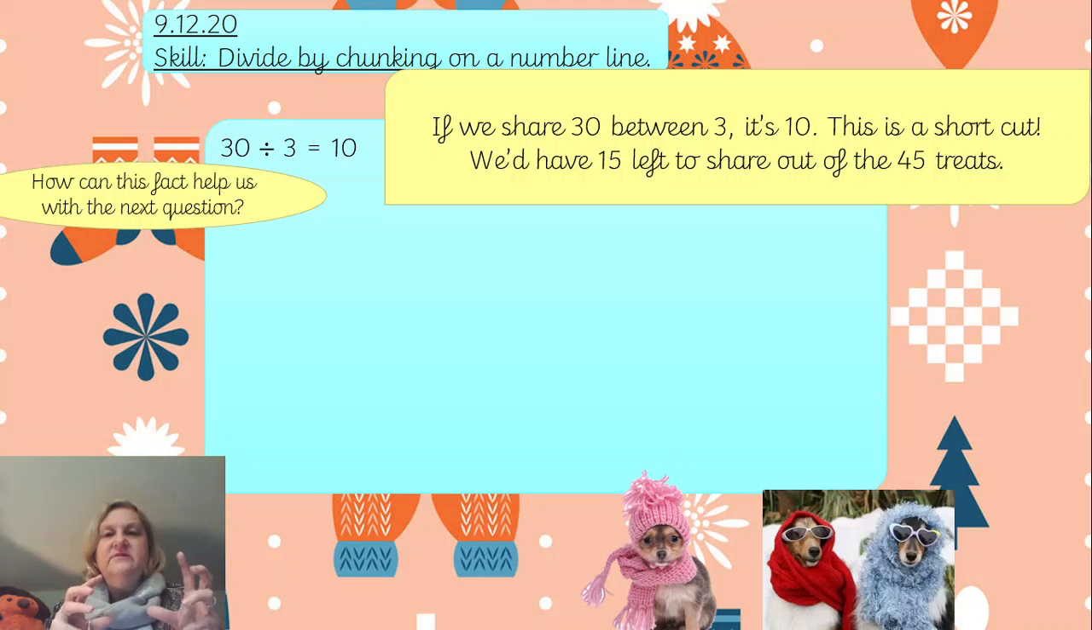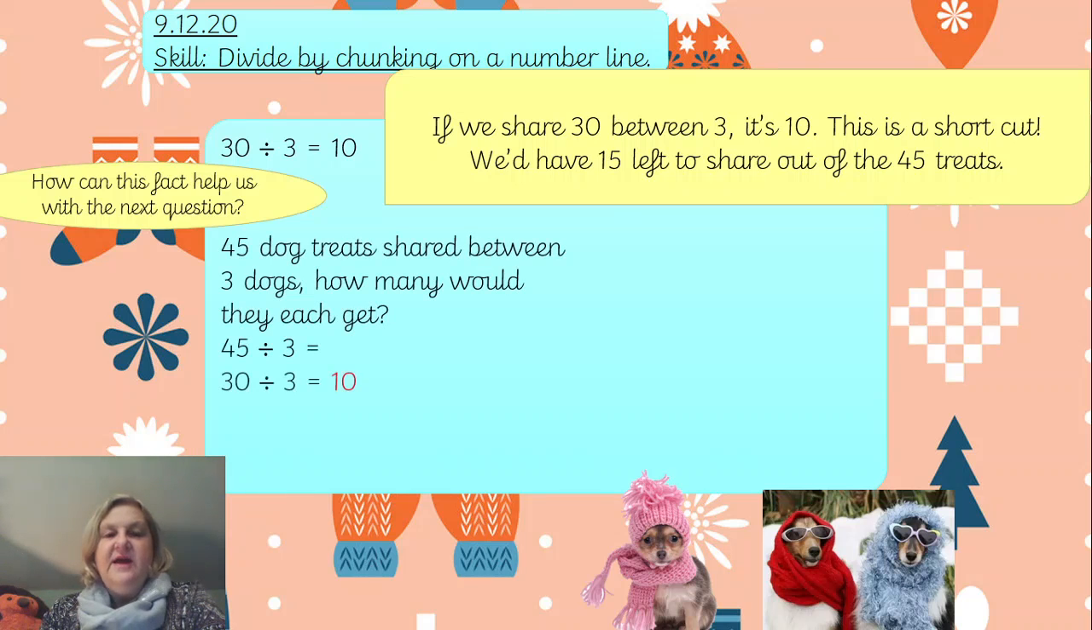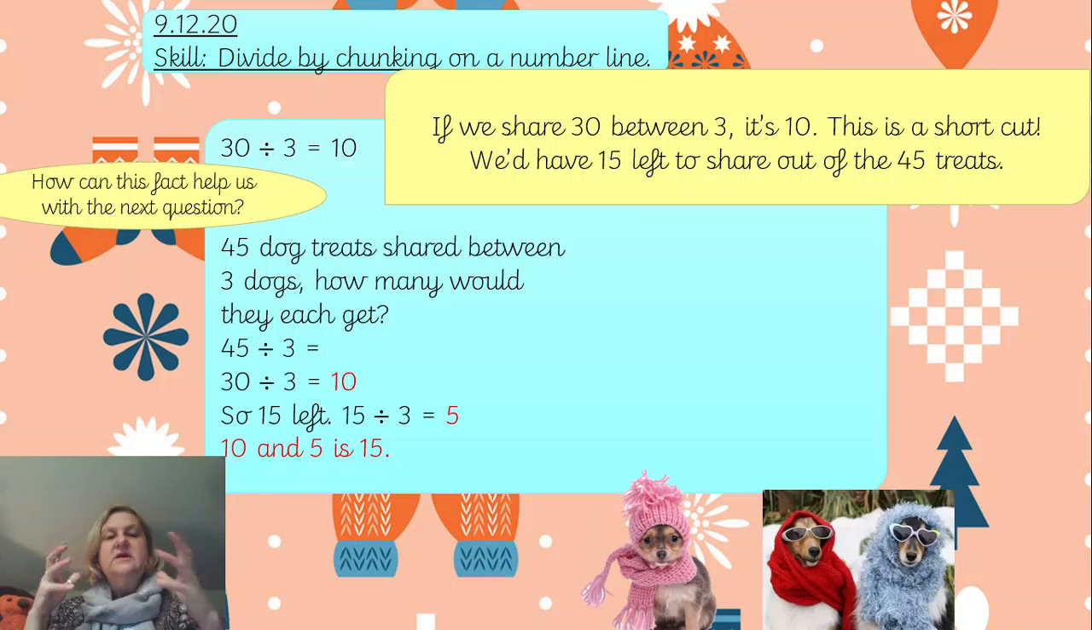because it's a really easy one to work out. The 10 times table we know are really quite simple. So this is a great shortcut. We'll have 15 left to share out of the 45 treats. And then we've got the 30 divided by 3, because we know that number fact. So we take that away from the 45, we'll have 15 left to divide by. 15 divided by 3 is 5,